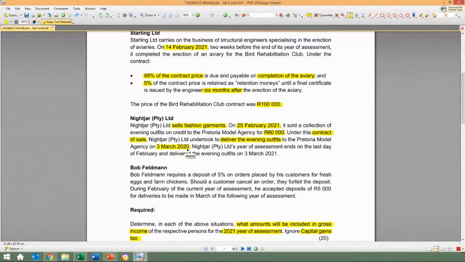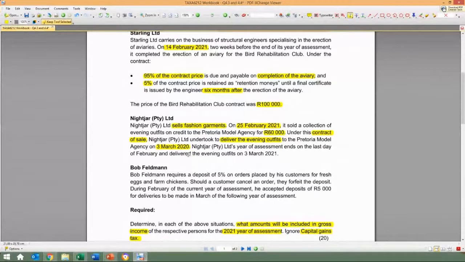So we said with receipts or received or accrued, it is only included in the year of assessment where the condition is met. If there is a condition linked to it, we will only account for it once that condition has been met. So for this reason, we would only account for that 60,000 in our gross income on the 3rd of March